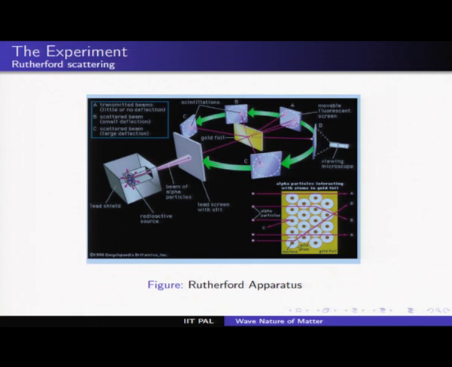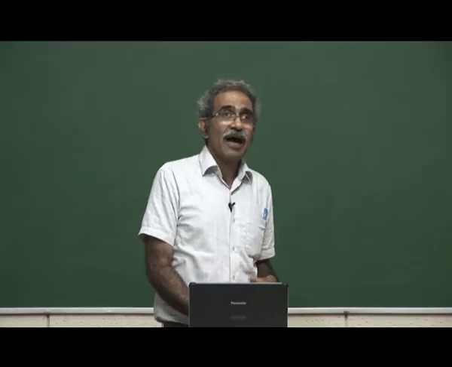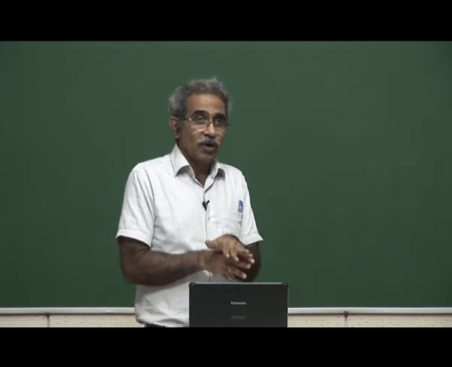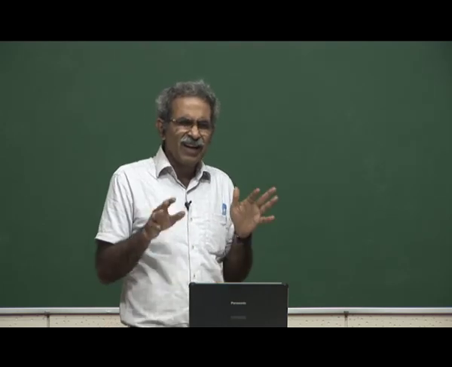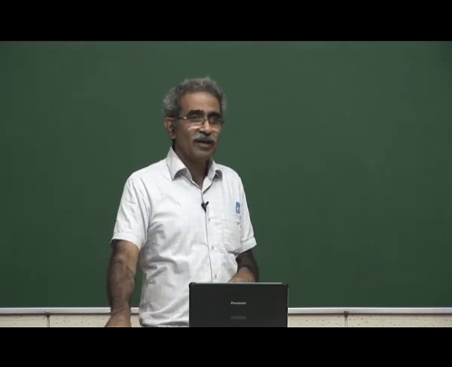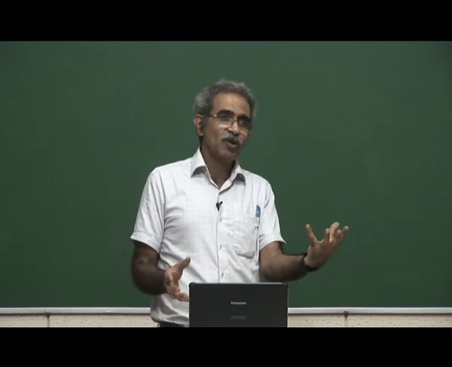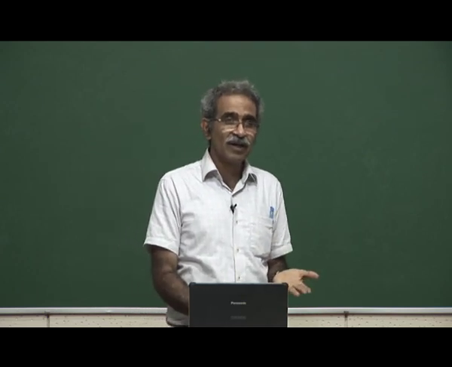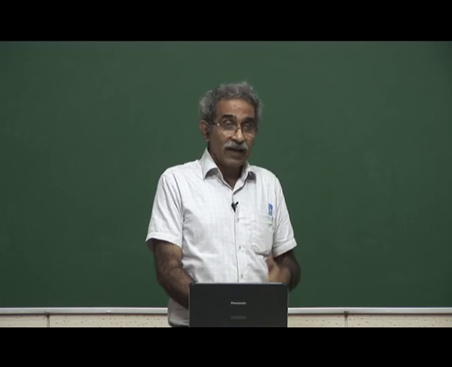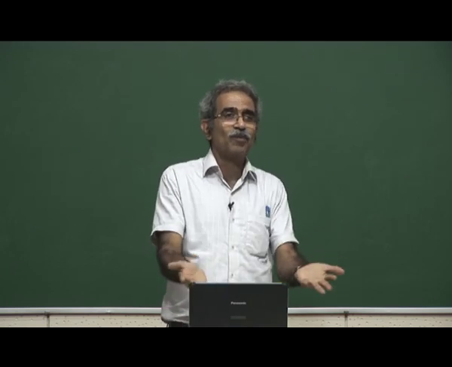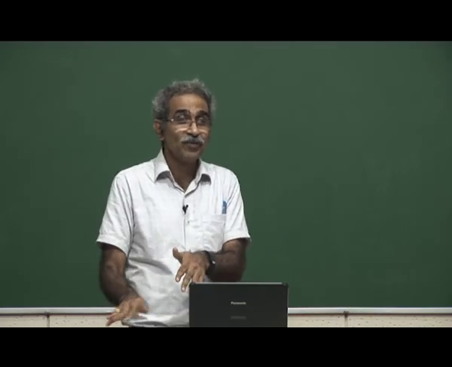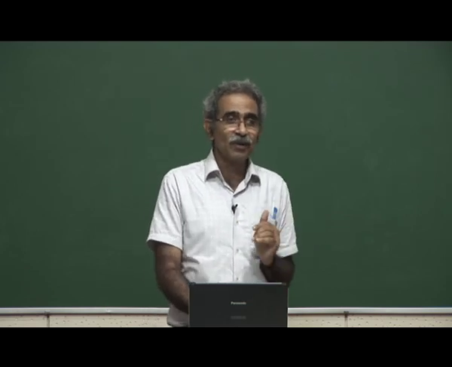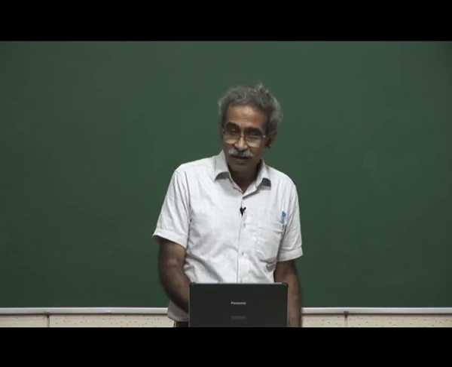So I will stop at this particular point. In the next lecture, I am going to discuss what the results of the Rutherford experiment are, and I am going to try to work out, not completely rigorously but to the extent possible, whether the plum pudding model will be able to explain it or a planetary model will be able to explain it. I will argue in favor of the planetary model, and then we will see that the Rutherford model is going to give rise to even more problems. Every time you solve a problem, it gives rise to more problems. We saw that with the de Broglie wave. We are going to see that, and that is when the Bohr model comes to the fore. So we will stop at this particular point. We will meet tomorrow.